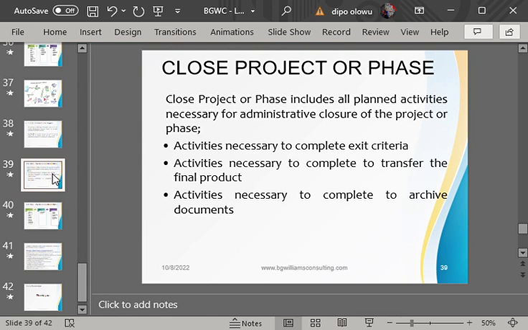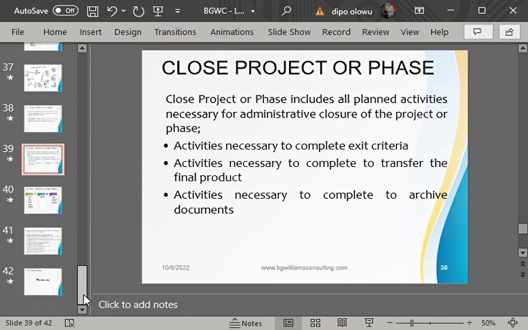That is the only time a project can be closed. Take note. If you have not finished payment of salaries or materials, you can't close a project. If you don't get that feedback from the customer, you can't close a project. So don't think it is only the physical work that people can see, oh, this building is very fine. They fixed the AC, they've done this. What about if the AC has not been paid for? What about if they've not completed the payment to the supplier for the tiling? You understand? Take note. All right. So that is the only time a project can be closed.